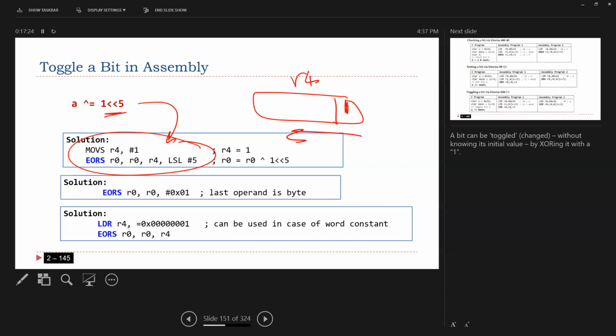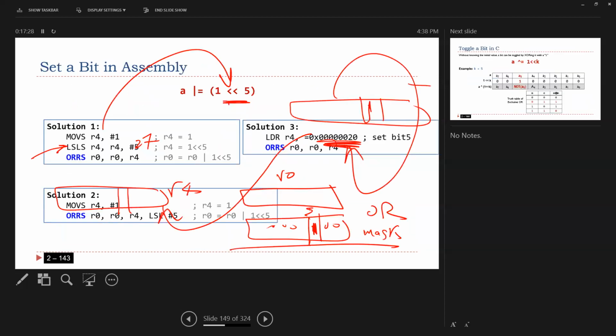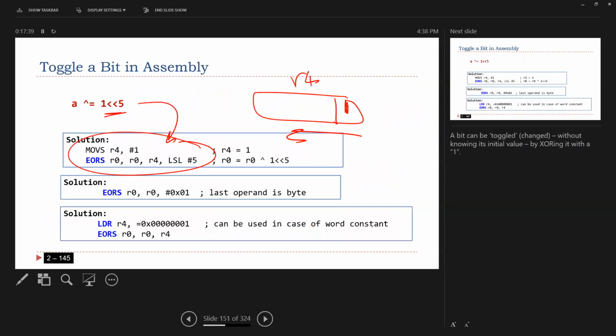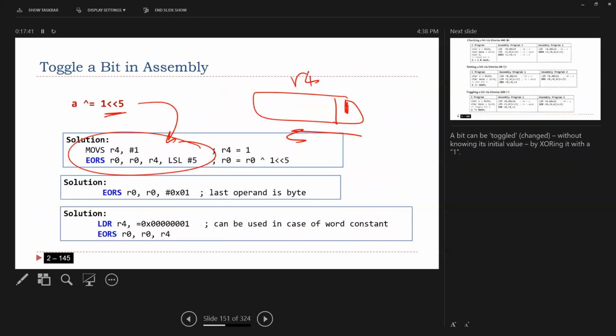And the way you can do it, if you want to shift 5 times, there are 2 ways. One way, you can just use an instruction like this one to shift 5 times to create the mask. Okay, you put 1, shift 5 times to create the mask. This is one way. The other way, and this is very interesting, the ARM processor is allowing you to